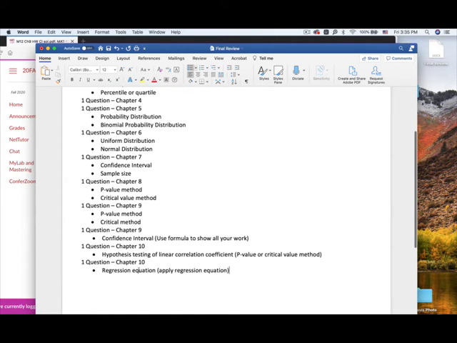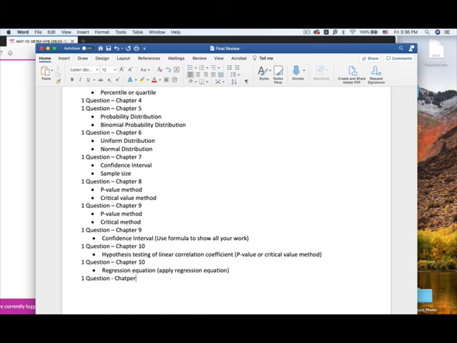This question is similar to the sample final in chapter 10, the last 2 questions. You need to know how to use the calculator or formula to find the R, how to use your formula or calculator to find the regression equation, and how to apply it. Remember, you need to find the p-value to see reject or fail to reject. If that is a linear correlation, you may want to use the regression equation. If not, you want to use the mean value of the y. And you have 1 question